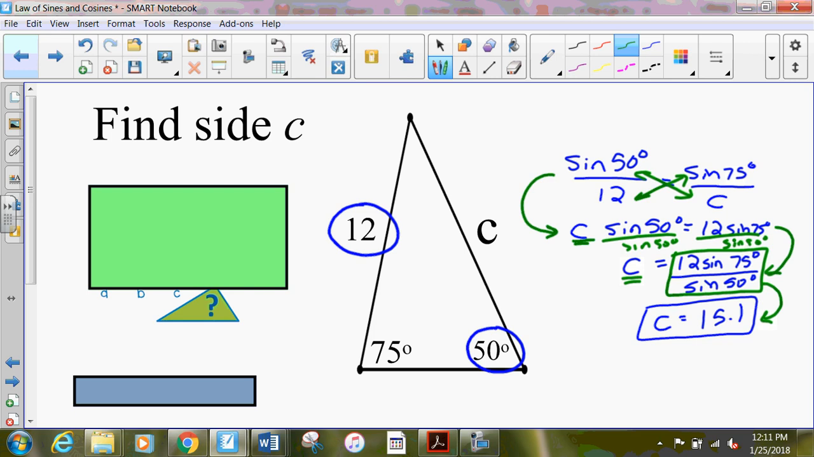If the side opposite the 50-degree angle is going to have the length of 12, then the side opposite the 75-degree angle would have a larger length of 15.1. So that's how we use